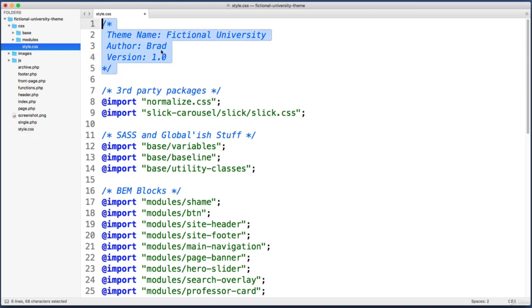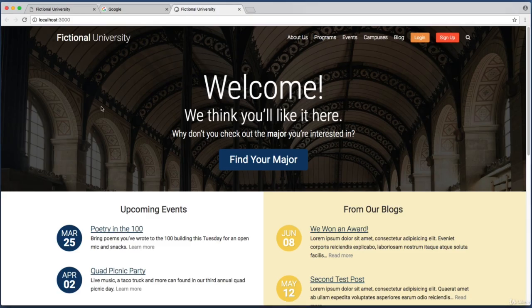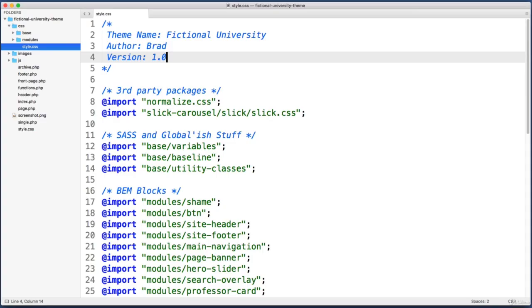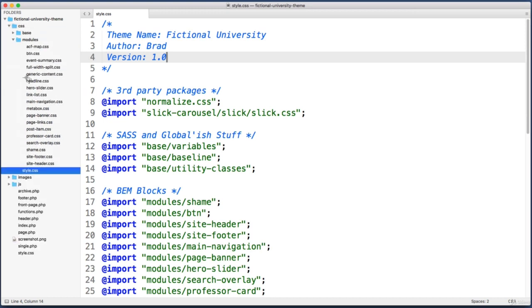Okay, so once you've copied over this comment, let's try to save a quick change. So I just saved this file, but we won't see any visual differences on the website because we didn't actually change any properties. For a quick experiment, let's try to make this welcome headline yellow instead of white. So back in our text editor, within the CSS folder, let's dig into the modules folder, and then let's open this file named